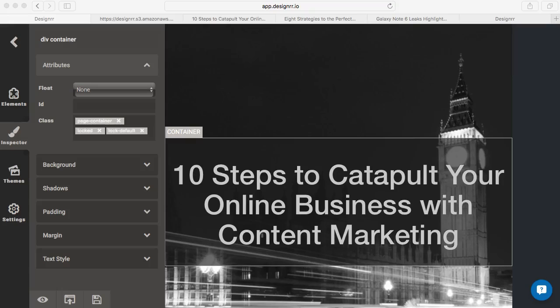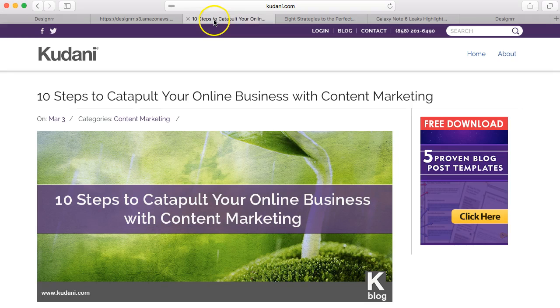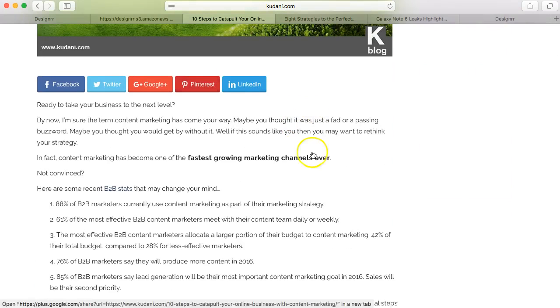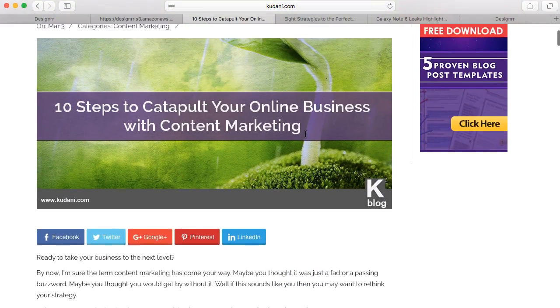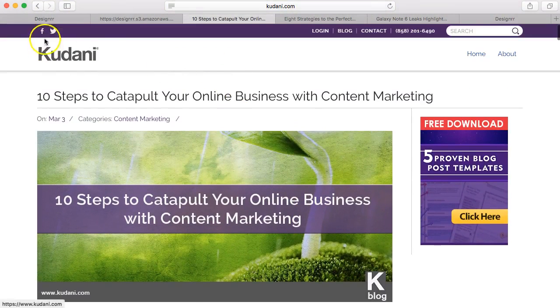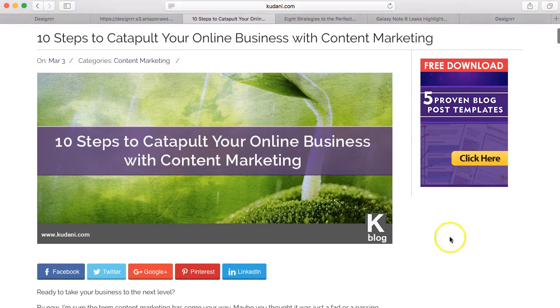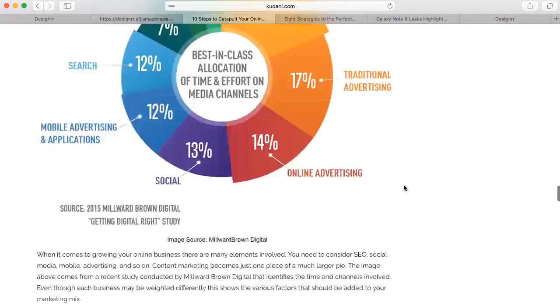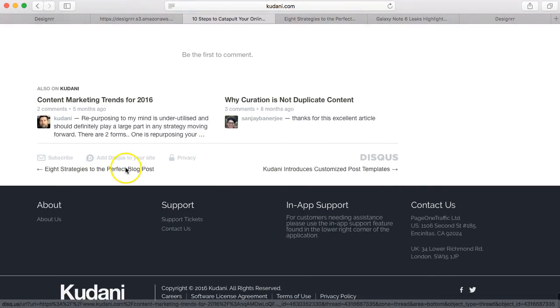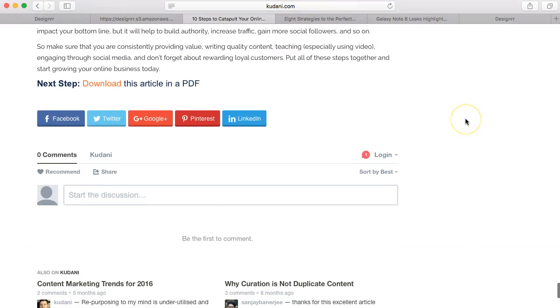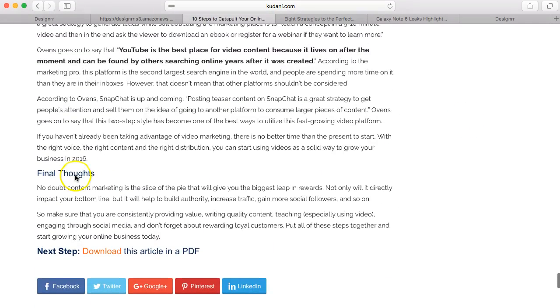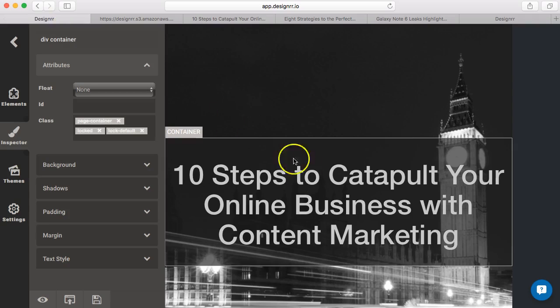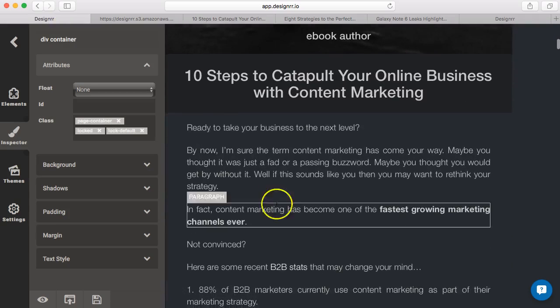So now you're familiar with some of the basics, let's actually work on a real life blog post. So, I've just gone to this blog here, and I've literally taken the URL, and the reason I'm showing you this is so that you can see there's a lot of navigation here at the top, share icons, there's a sidebar, and at the bottom, there's loads of content here, and I don't really want any of this in my ebook. So in Designrr, when you give it the URL, it strips all that out, so you're left with a